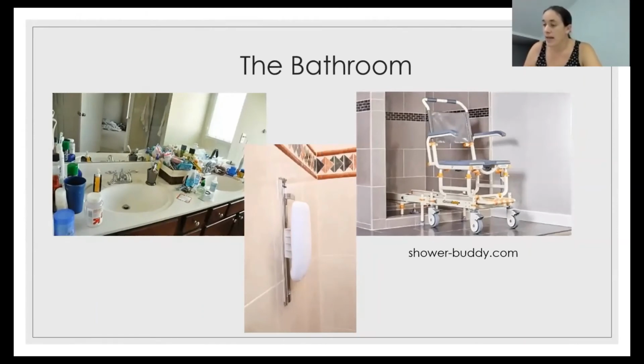All right, so now we're heading through to the bathroom. There is plenty of reorganising that can happen in the bathroom. That first picture is not my bathroom, but it could be. It does tend to be a place that gets a lot of clutter. Again, minimising the amount of clutter and having your commonly used items towards the front of the vanity, or